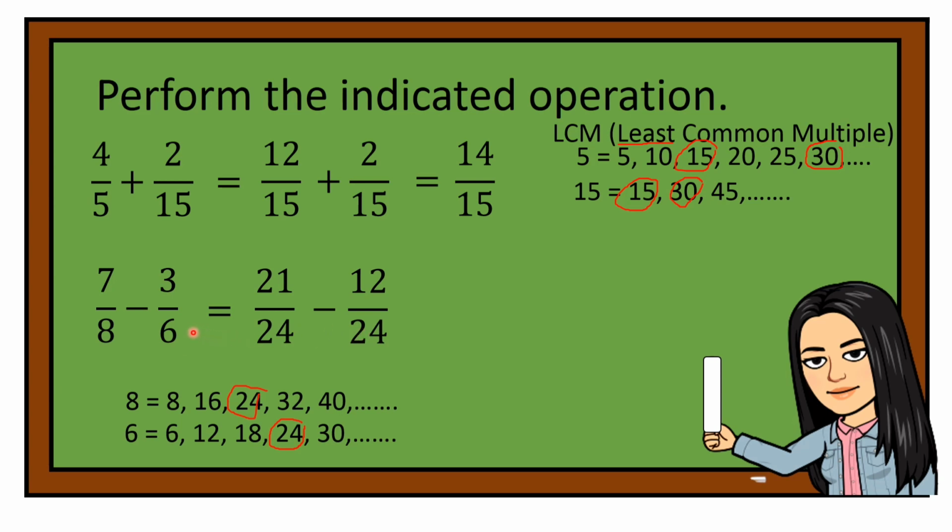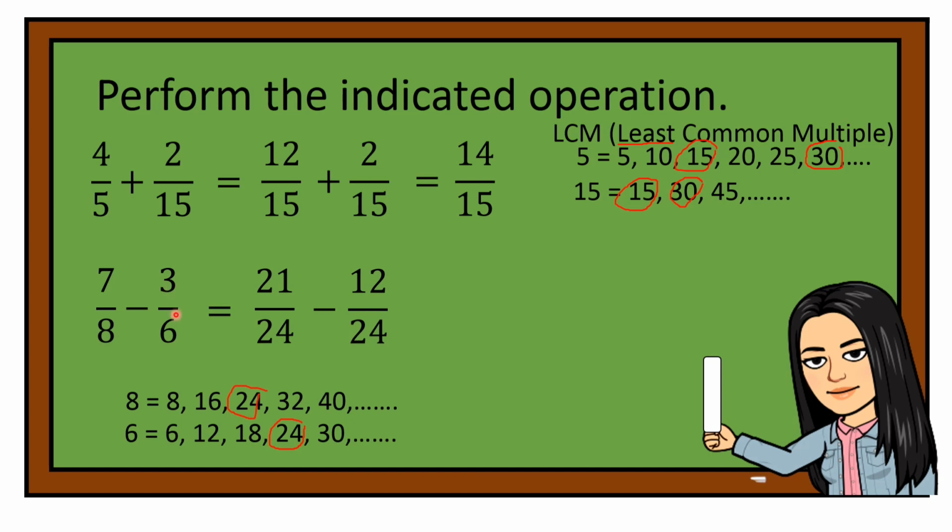24 divided by the second denominator, which is 6, that would be equal to 4. And then multiply 4 by the numerator, which is 3. 4 times 3 is equal to 12. So these two fractions are the equivalent fractions of the original fractions. So 21 over 24 is the equivalent fraction of 7 over 8, and 12 over 24 is the equivalent fraction